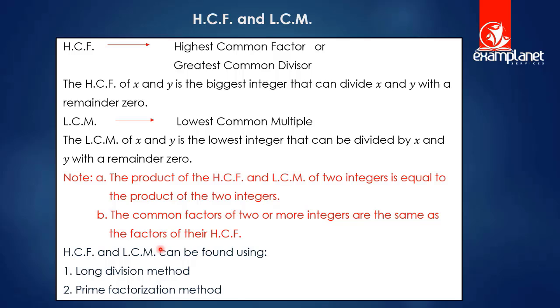Okay, now note that A, the product of the HCF and LCM of two integers is equal to the product of the two integers. Again, the product of the HCF and the LCM of two integers is equal to the product of the two integers. What are we talking about here? Now, for instance,